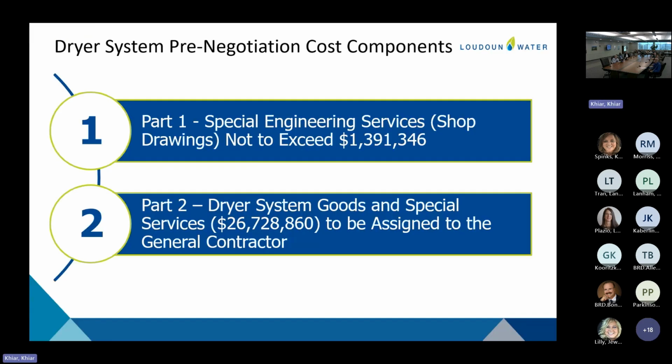Okay. Now for the cost here. We've got our part 1 and our part 2 costs. And again, the part 1 is the design. It's an Andritz design, and it represents numerous submittals, drawings, coordination meetings, vendor coordination with Andritz's subs and suppliers, as well as with Hazen and Loudon Water.